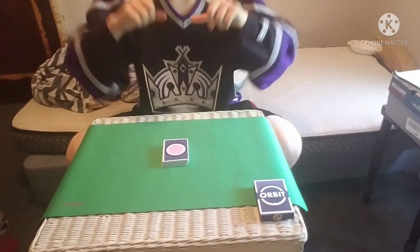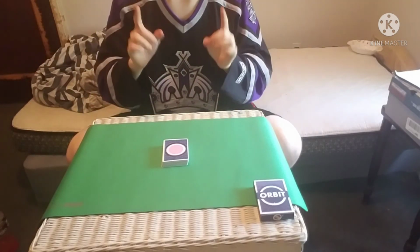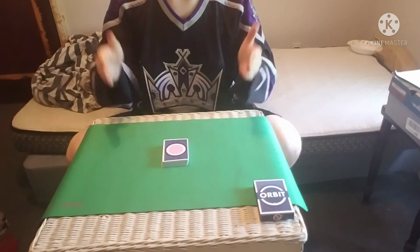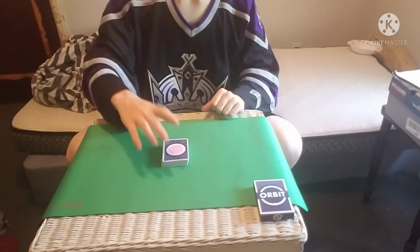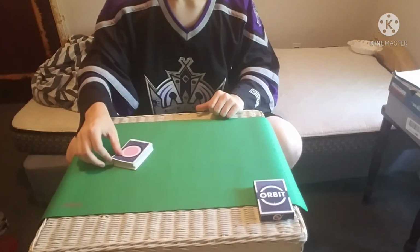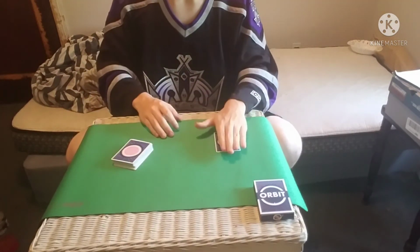I'm not going to look at it. No one else around the room is going to look at it. This card is going to be completely sight unseen by absolutely everybody. So again, the spectator now, I have no control over this as the magician. The spectator comes over, cuts the cards, completes the cut, takes the card they cut to, and places it underneath